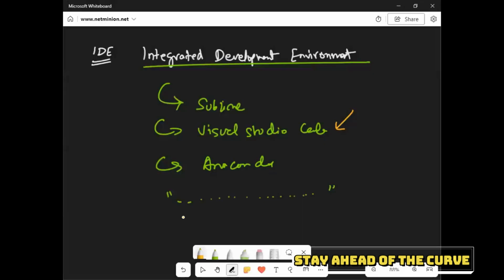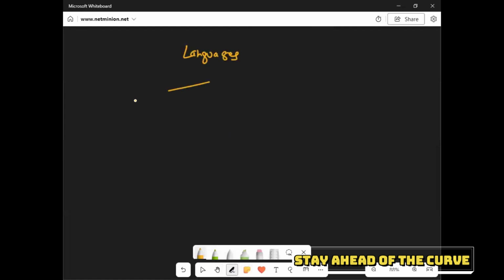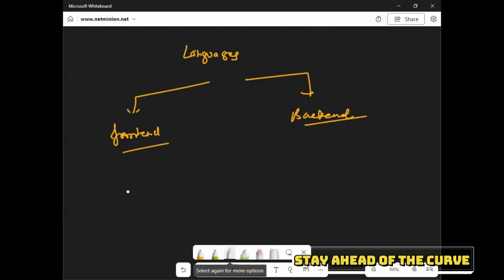Sometimes you will hear these words in the case of languages. People will say this is a front end. People will say this is a back end. So what do front end and back end mean?